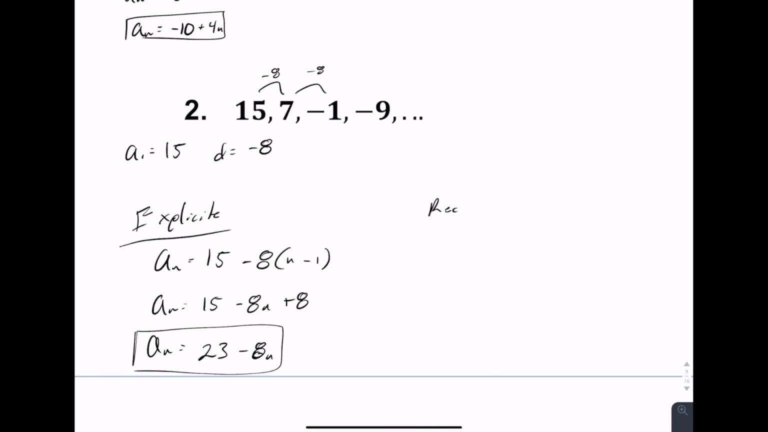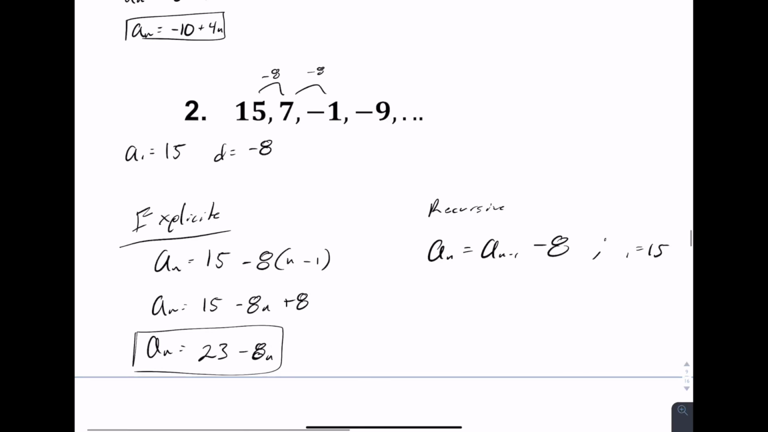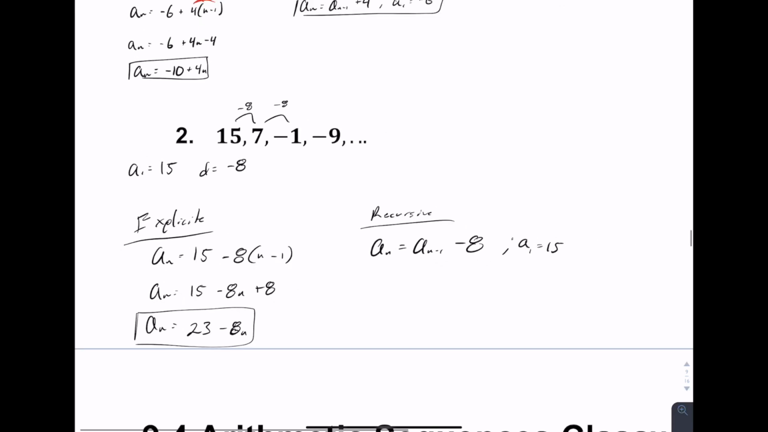Now for recursive, that was the easier of the bunch. That would be an equals an minus 1 minus 8, instead of plus d, so you're subtracting 8. And then that a1 has to equal 15, because that's where we start. And there we go. We are done with how to